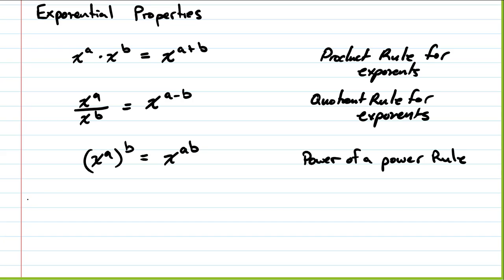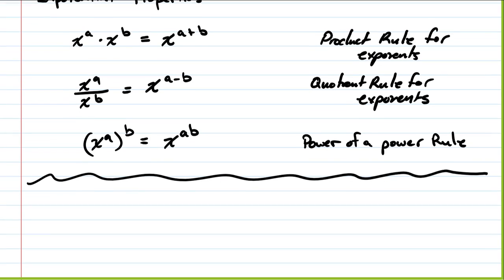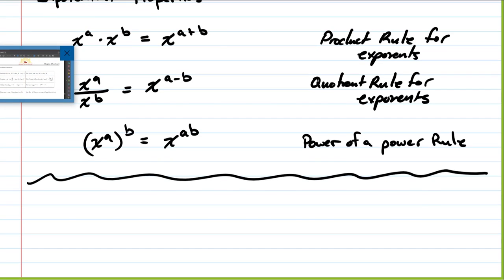So the reason I'm bringing up these exponential properties has to do with the fact that logarithms are exponents. So the log properties that we're going to introduce, or the properties of logarithms, are really just these three properties. But if we remember, logarithms are exponents, the logarithms are going to do what the exponents do, because the logarithms are exponents. All right, so let's go ahead and